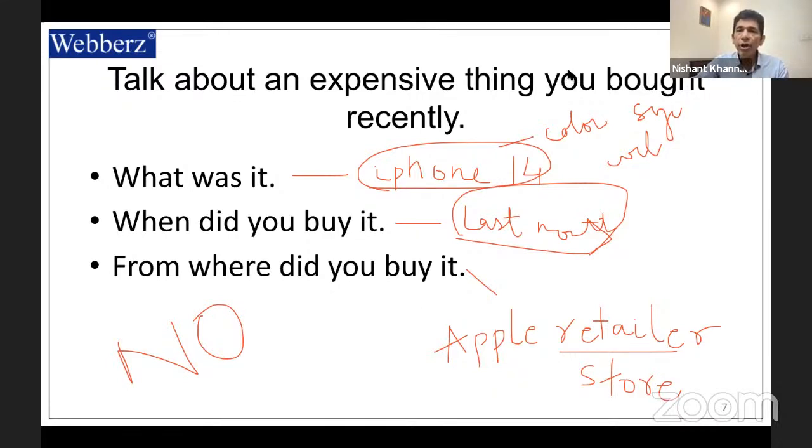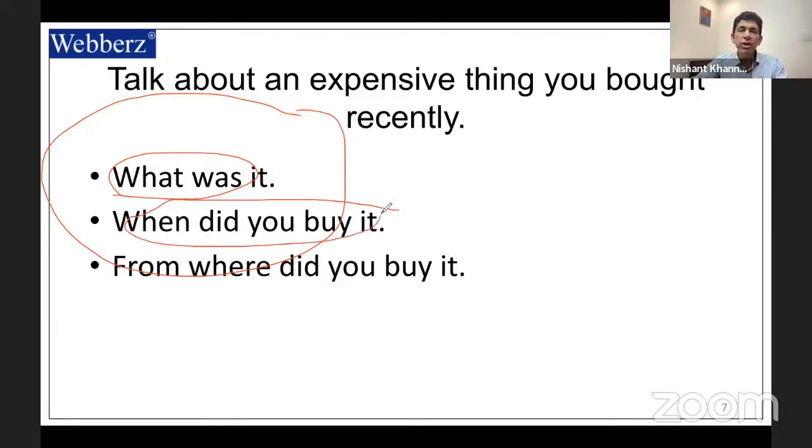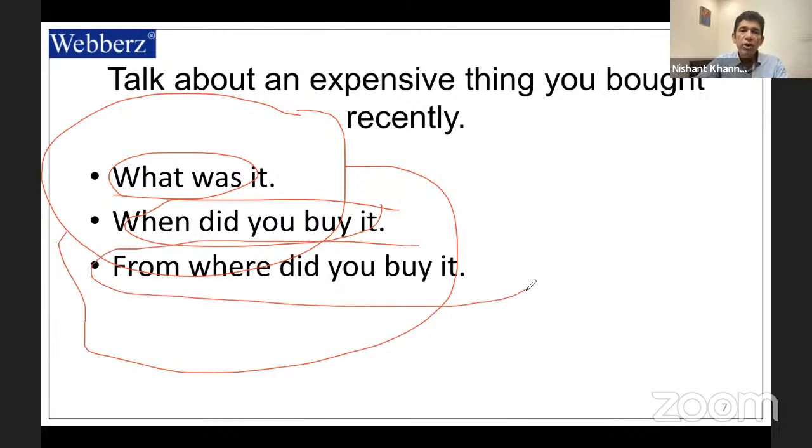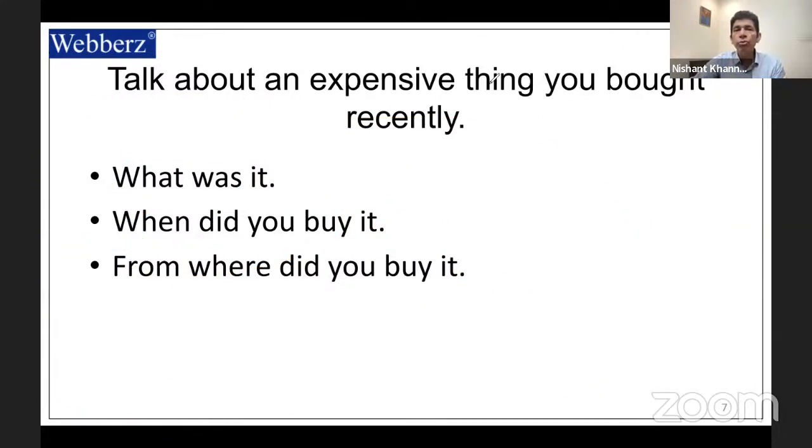You've got to elaborate each and every point. Now, this is your answer to this point. You just cannot speak this answer. You have to elaborate and speak around it. Same is the case with this. You just cannot speak this. You have to elaborate and speak around it. Same is the case with this. You just cannot speak on this. You have to elaborate it hugely and answer things based on this. Otherwise, you will not be able to cover 2 minutes.